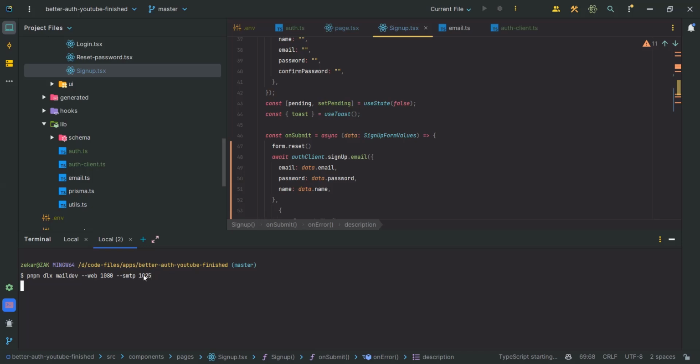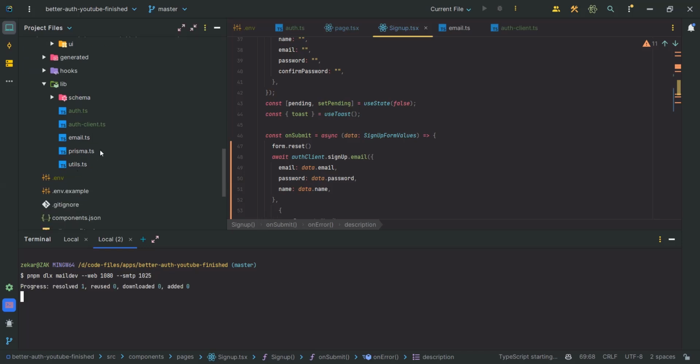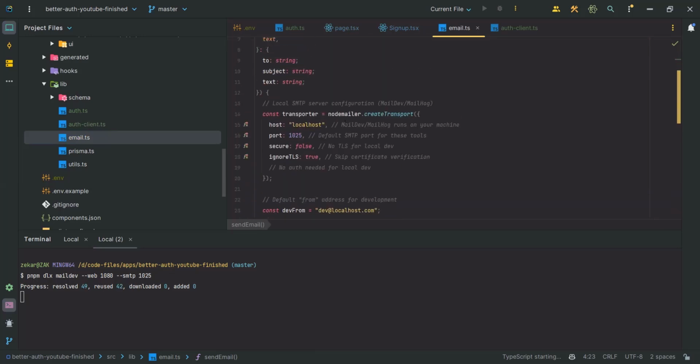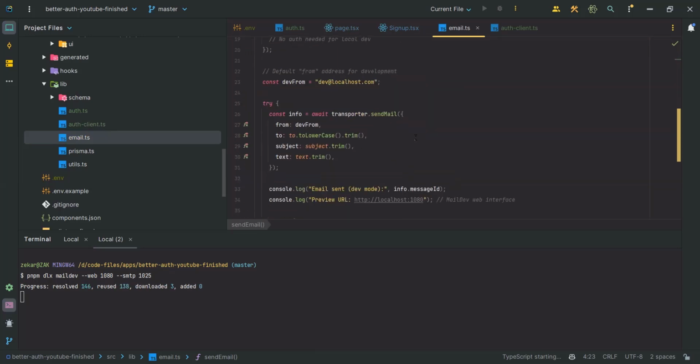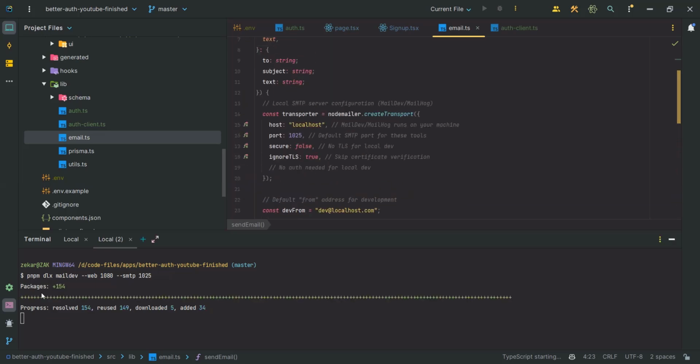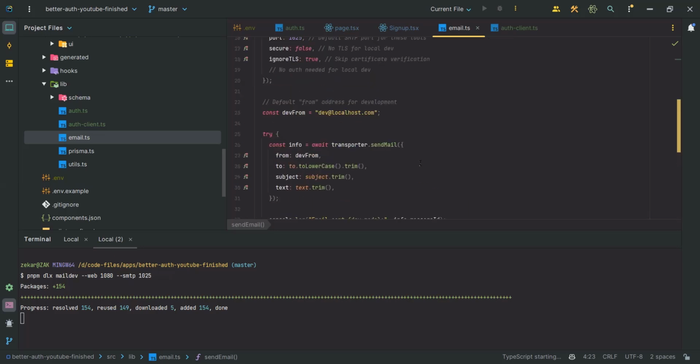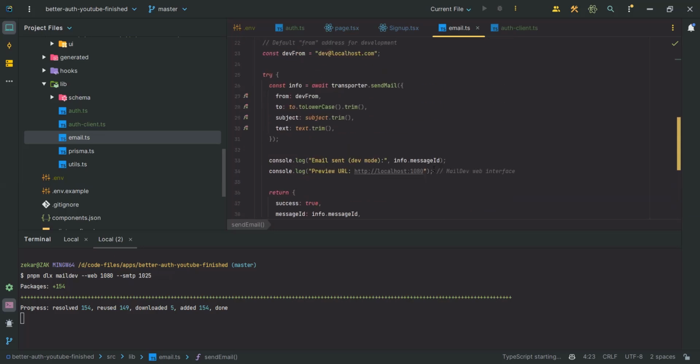When you click this, it will run our email.ts file, which is this. It is working on NodeMailer on the local server, so it will install all the dependencies and run the NodeMailer server on the local host